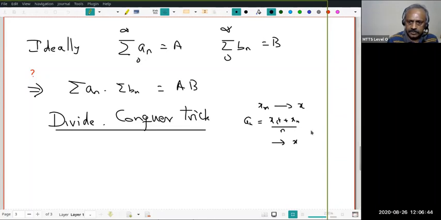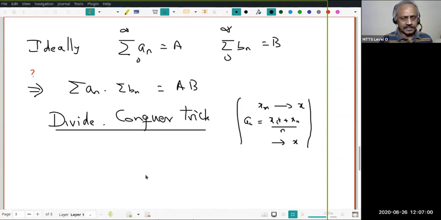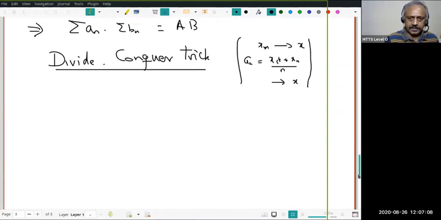Then it also converges to x. Okay. We had already used a divide and conquer trick here. Please check the sequence videos. One of the sequence videos will have a proof of that. Okay. Arithmetic averages of a convergent sequence also converge to the original limit. Okay. The same trick, but this is slightly more subtle. The proof here is a little more subtle. Even though it's again divide and conquer, it's a little more subtle. Okay. So let's directly prove it.